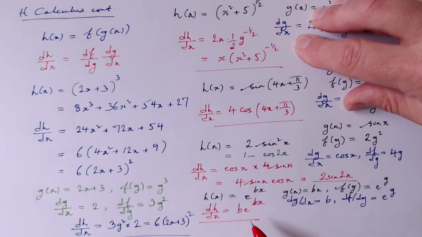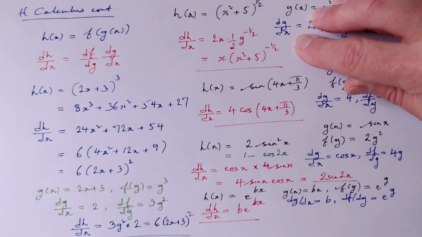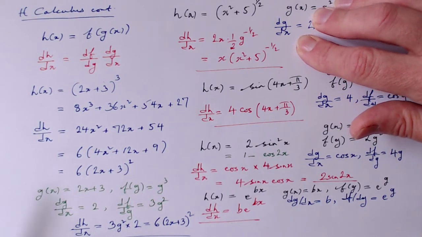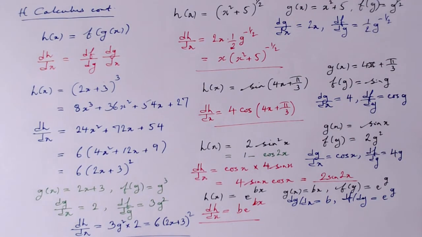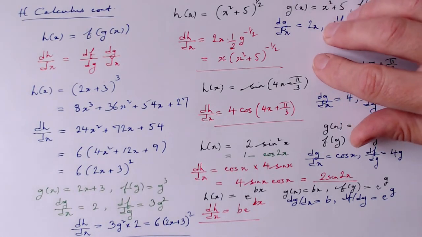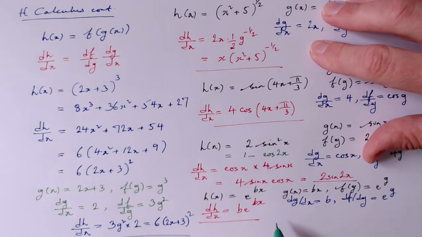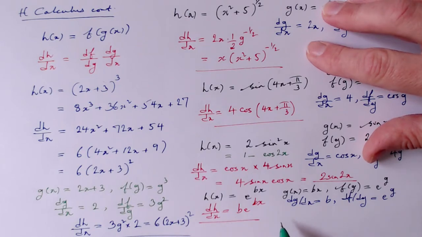So just at the risk of being tiresome here, if you have an exponential e to a constant times x, the derivative is simply that function multiplied by the constant upstairs. It just comes down. And this enables us to answer that question about what is the derivative of a to the x, because if I have a function a to the x, I can think of that as